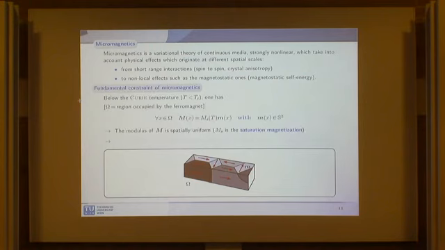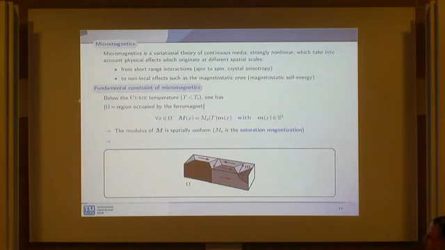And what happens, according to this theory, is that when the magnet is at a temperature below a critical value called the Curie temperature, the modulus of the magnetization is uniform. So let's put it this way. This is a kind of classical theory. So you have a classical vector field M, the magnetization, which describes the state of a ferromagnet at the nanoscale.